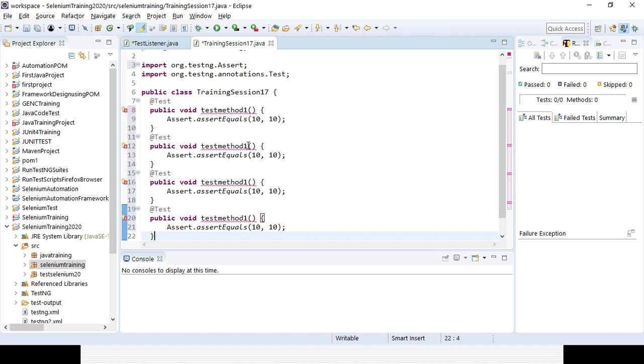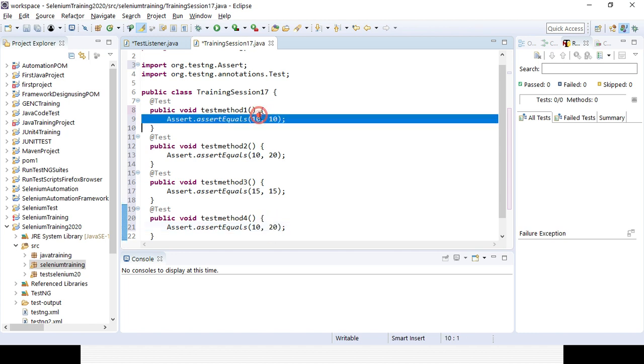One is test method 1, one is 2, one is 3, and one is 4. So let's fail the second method. Let's pass the third one, 15, and the last one also you can make it fail.